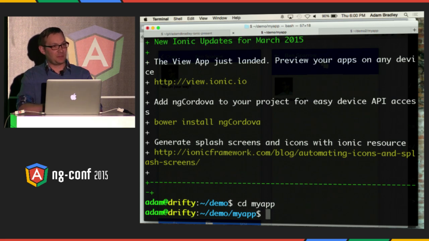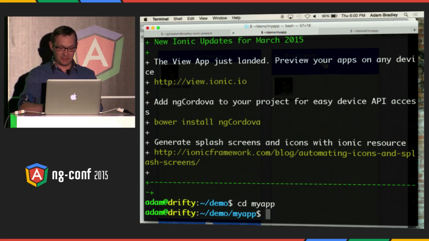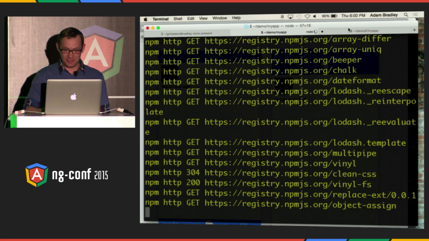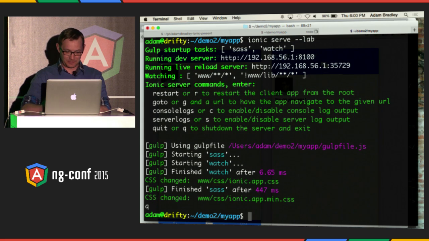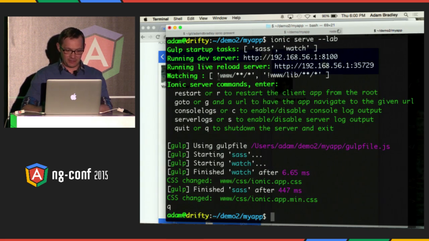And this is where you would set up Sass. Now you can set up Sass however you'd like to do it with gulp, grunt, but we provided a tool that makes it even easier. So ionic setup sass. And for the same reasons, in the interest of time, I already set it up. All right, so with Sass built in, and I already have the server running,